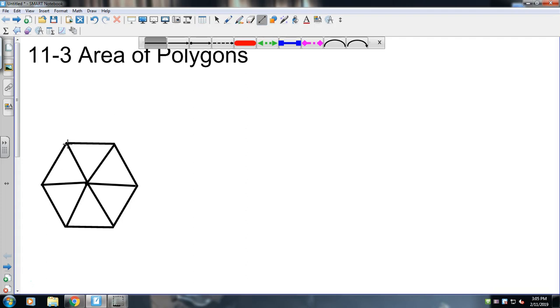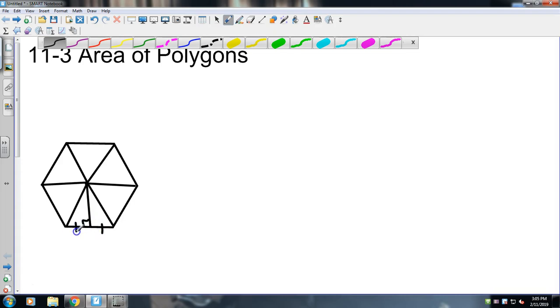Now, in a circle, the distance from the center to the outside is going to be the radius. However, in a hexagon, something like this, let's say I draw that right there, distance to the outside, we're going to create a couple of things. We're going to create a 90-degree angle, and that will also bisect those. It will also bisect this one angle, so those two angles will be congruent. That'll be important here in just a bit, and I'm going to go ahead and color this distance in with blue,